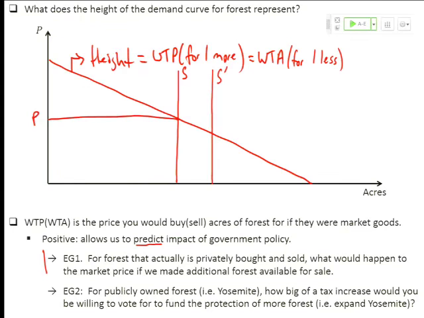And this demand curve, if we'd actually gone out and estimated it by asking people their valuation and aggregating up, right? You ask people their individual valuations, their demand curve, and then you sum horizontally to get the aggregate demand curve, and we would be able to predict what the new equilibrium price would be, P prime.